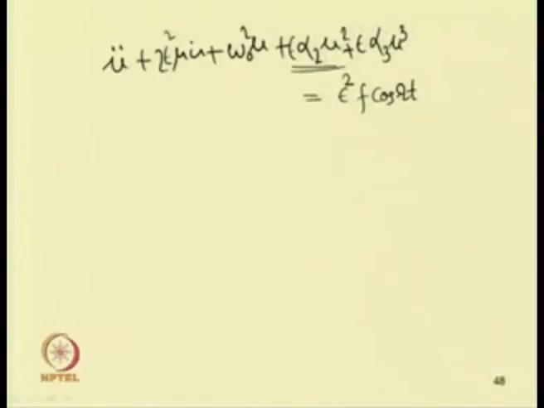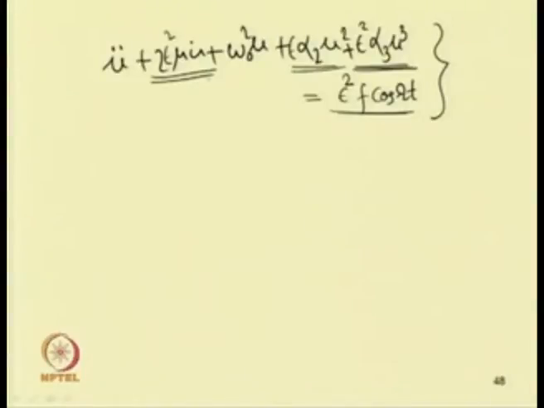One may note that depending on the problem, one can order the coefficient of different nonlinear parts. In this case we are considering the system where the damping is of the order of epsilon square, the forcing term is also of the order of epsilon square, quadratic nonlinearity of the order of epsilon and cubic nonlinearity of the order of epsilon square. The purpose of making this ordering is that when we apply the method of multiple scales.